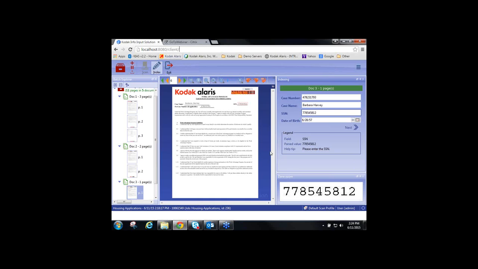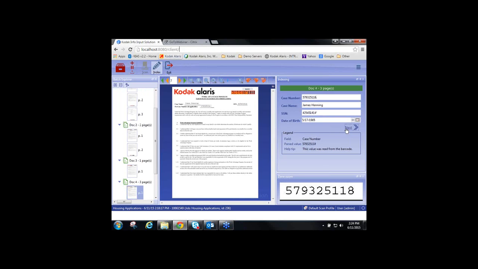So this is my Social Security number, so instead of having to zoom up on the preview over here, I can see it down here as well. Same with the case name and the case number. Again, the date of birth isn't on here, so you're not going to see that on the document. And I can scroll through this, and I know eventually I'm going to get to the page that has a